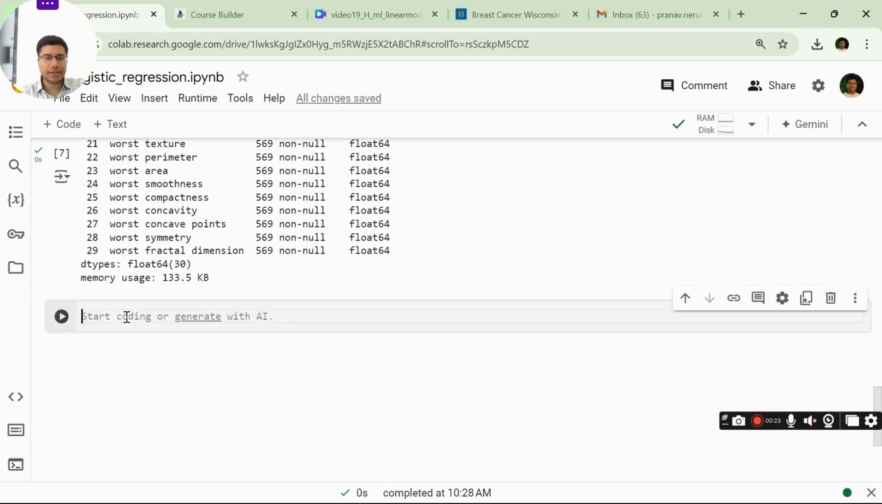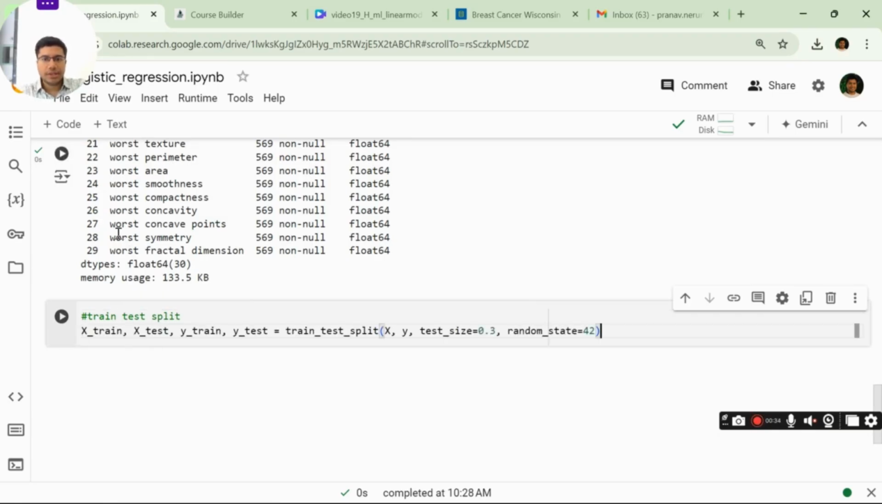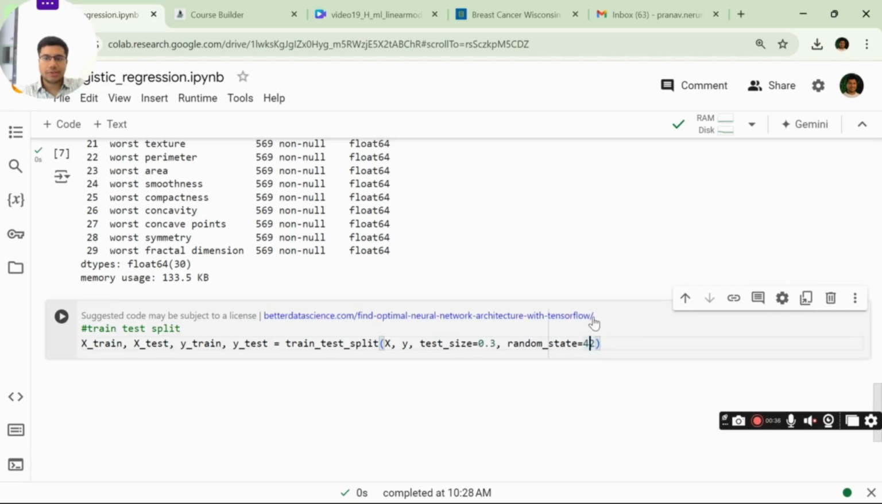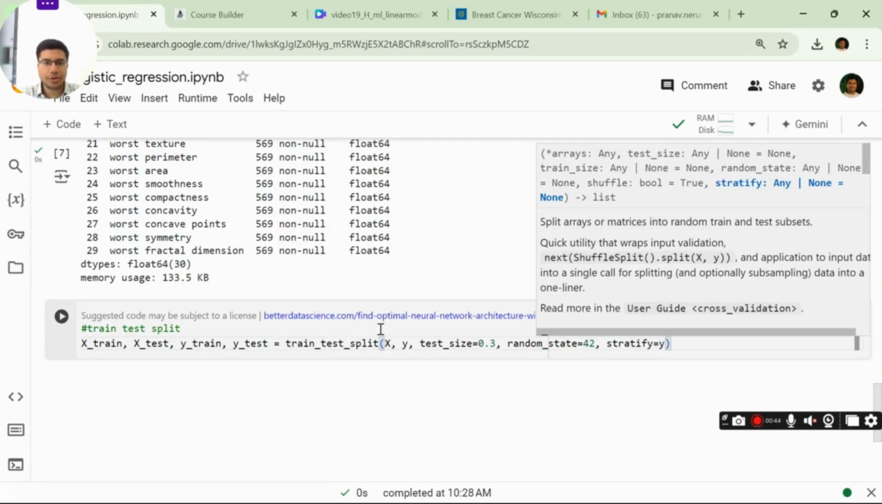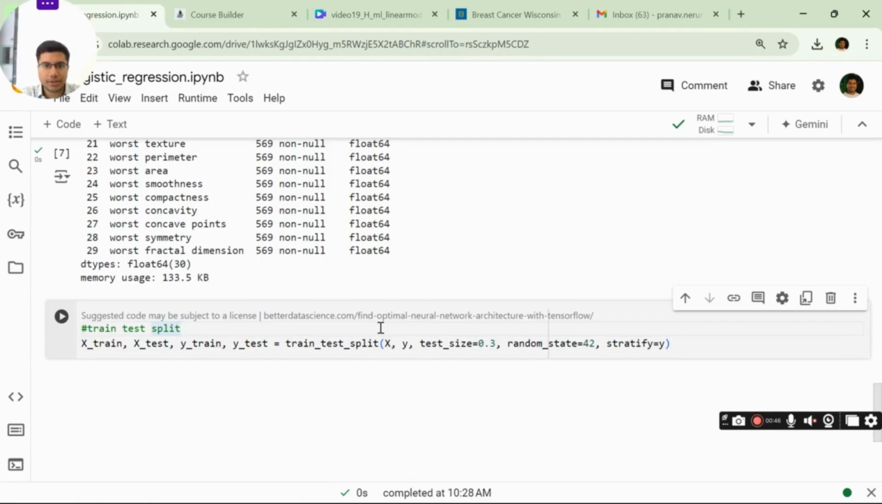We can directly split the data set into train and test. So I write here train, test, split, and we get the split of the data set. Here one thing we need to know, there is an argument stratify. Stratify is for dividing the data set and maintaining the ratio of the classes of the data set even in